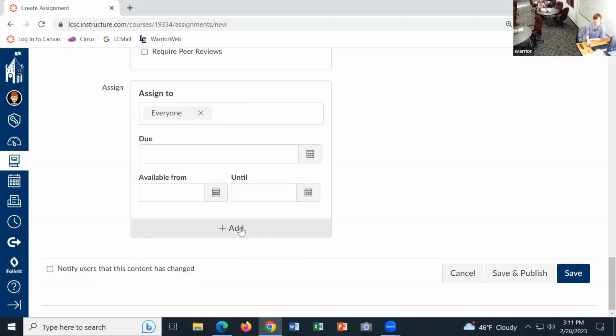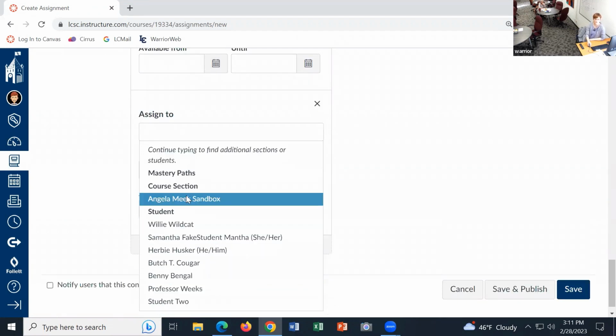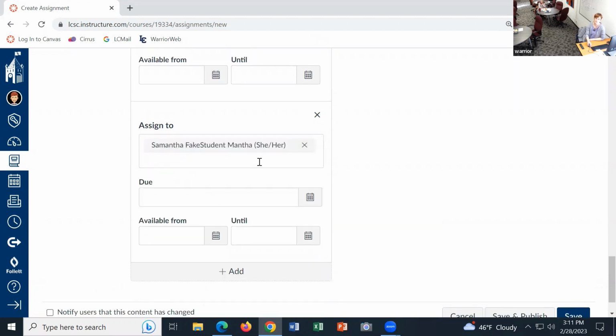This last little thing sometimes gets overlooked, but this is how you can assign a separate due date for individual students. So if you have to give an extension or somebody's out on maternity leave or they need access or need to do it earlier than the rest of the class, you can use this little add feature. When you click this, it will say, okay, who are you assigning this to? So I would select a student, pick fake student here. And you can actually pick multiple students if they're going to have the same due date, but you can also have multiple different due dates for individual students. Just lather, rinse, repeat with the add student that needs a different due date.